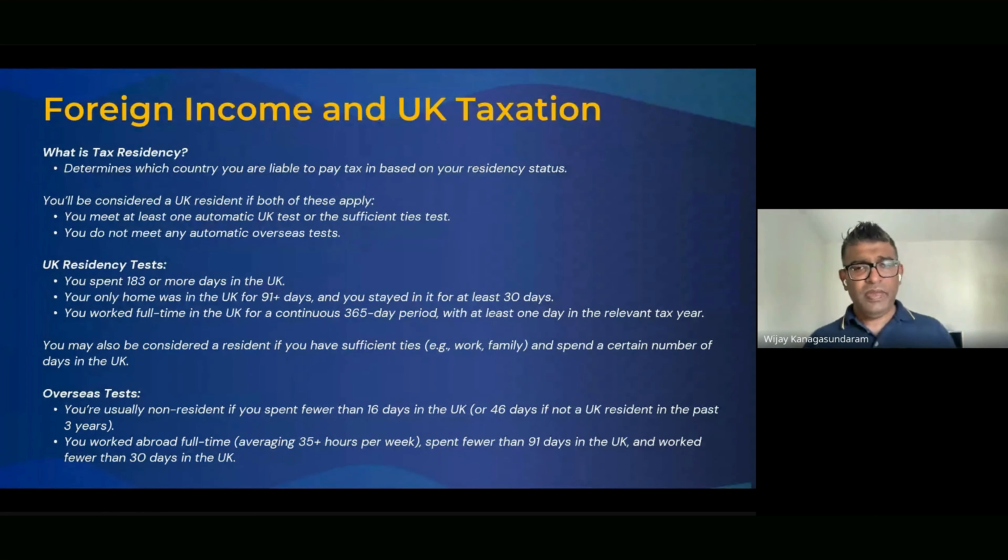And the overseas test is saying, if you live in the UK, but you have an overseas residence and spend fewer than 16 days in the UK, or 46 days if you were a tax resident in previous years, again, you need to consider those points also to come up with this, right? So this is, as I said, a very confusing part, but our assumption is a lot of you are UK tax residents, and some of you might be UK tax residents with certain non-domicile status, or you might be deemed domicile because you've lived in the UK for so long.